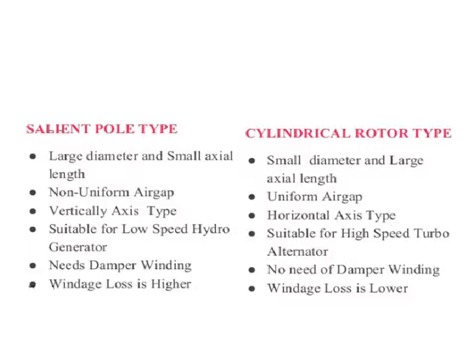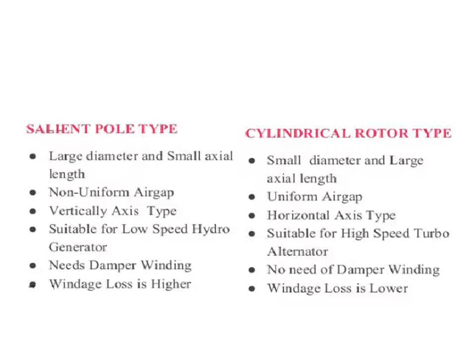Salient pole type rotor has a large diameter, so it has large diameter and small axial length. How many poles can be placed? Because of the large diameter, around 30 to 36 poles can be placed on a salient pole type rotor. But the cylindrical rotor or non-salient pole type rotor has a very small diameter and large axial length. Because of the small diameter, only 2 to 4 poles can be placed over the cylindrical